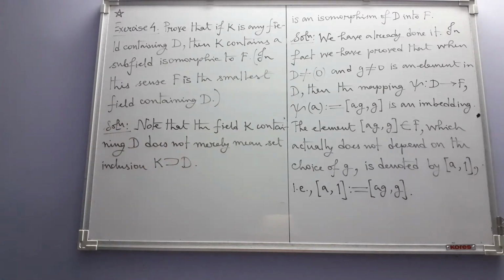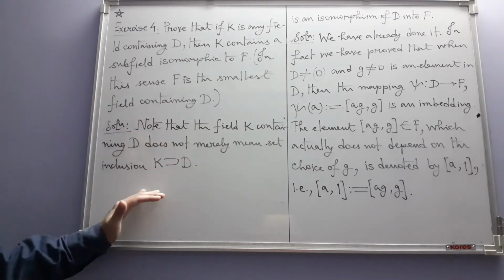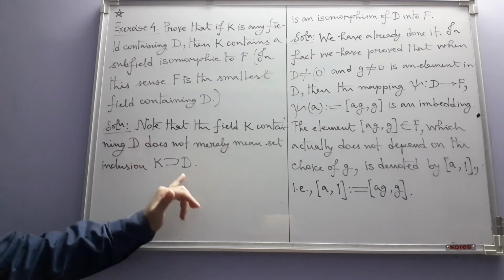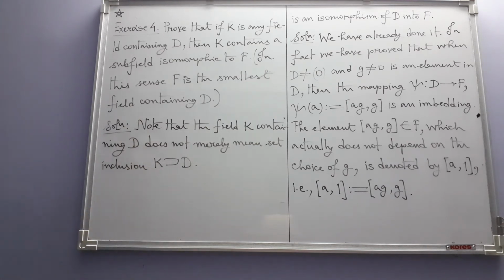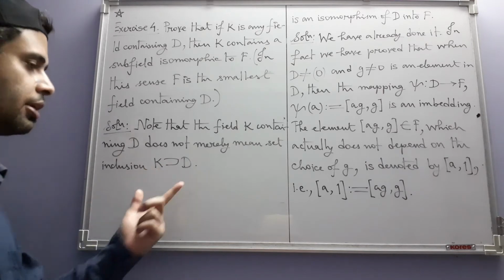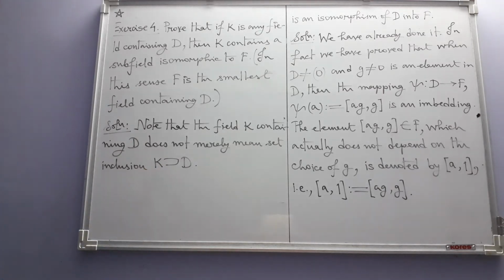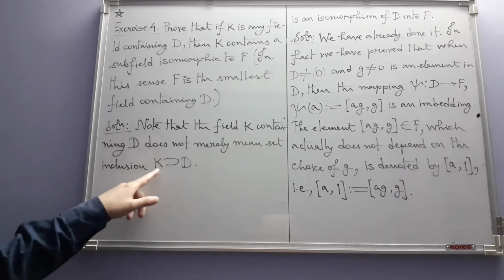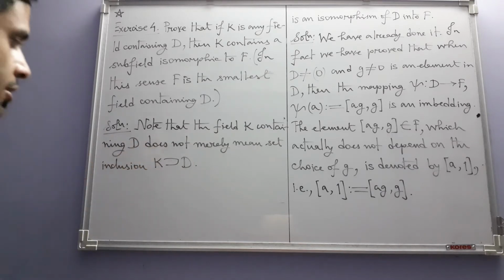That is, we are not just saying, or the question does not just say that K contains D as a subset, but it says that K contains D as a subring, or in other words, K is an extension of D,